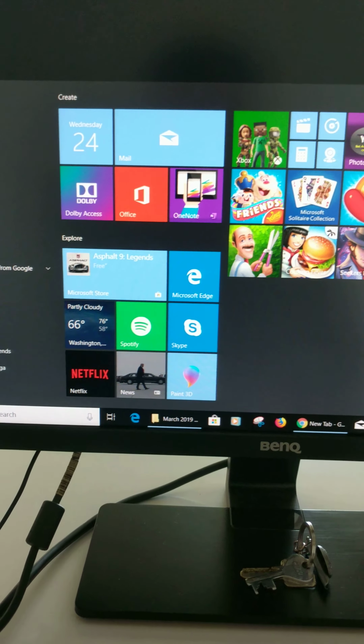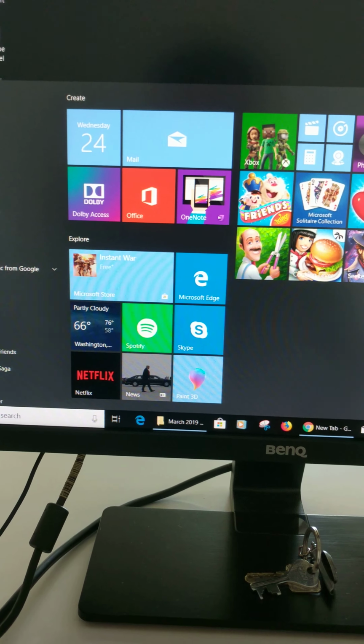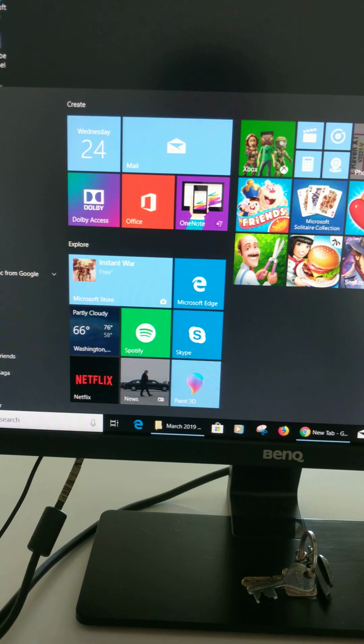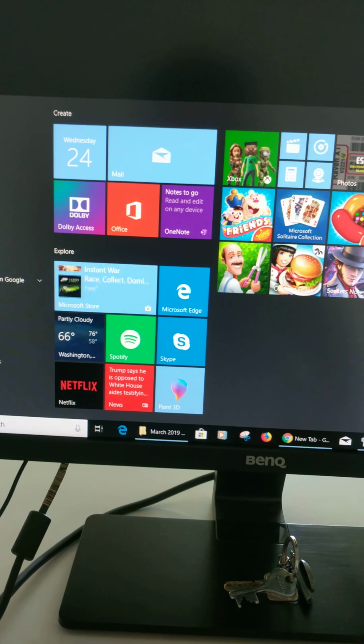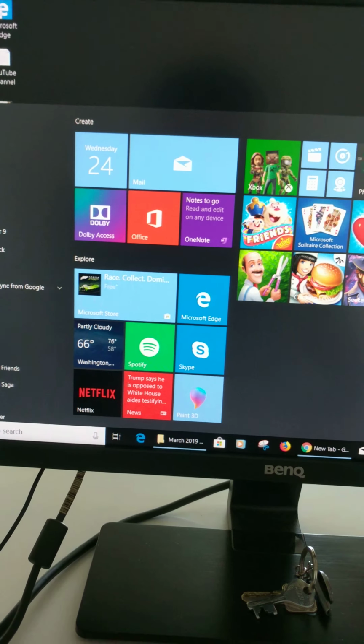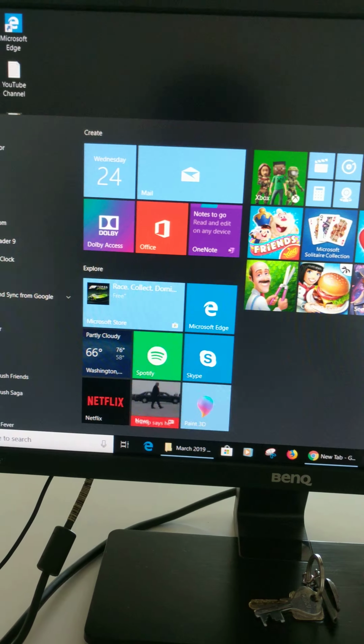Here I will show you how to change theme on Windows 10 PC, desktop or laptop devices. In this tutorial I will show you two methods to change theme in your Windows 10 devices. Let's see first method. Right click on the